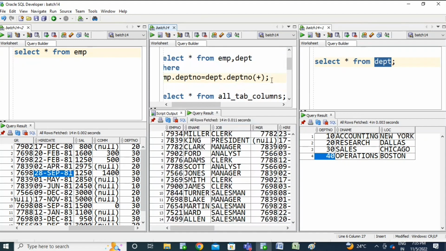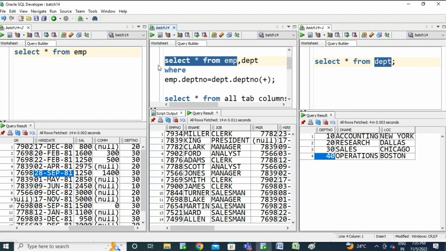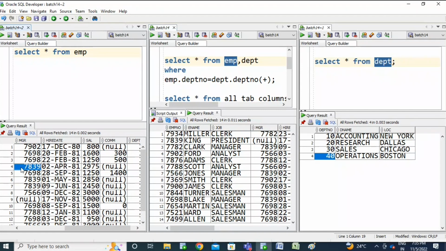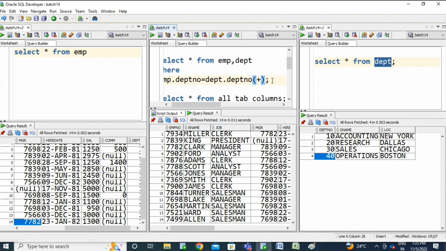Now the left outer join will help us get matching or non-matching records from the left side table. This table has 14 records. Out of 14, every record is matching with the DEPT table, so you don't have any left outer join case, but you may have a right outer join.